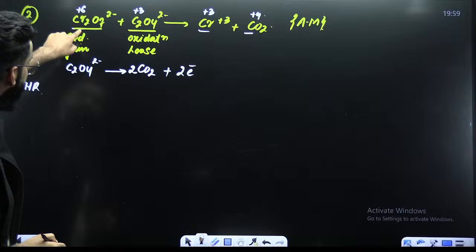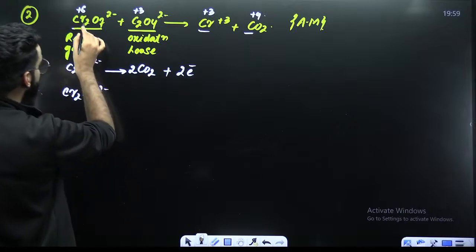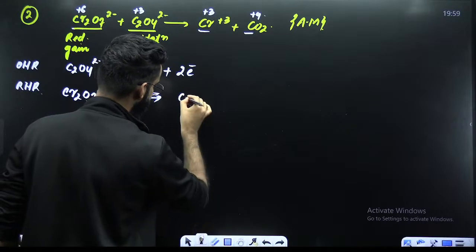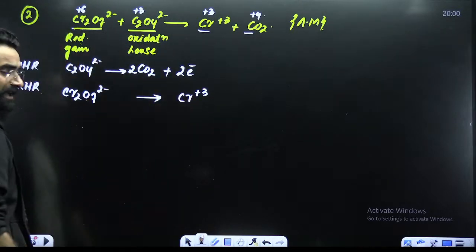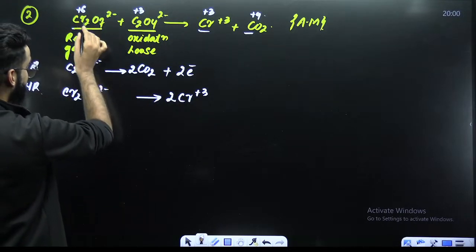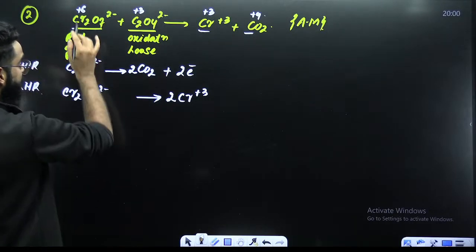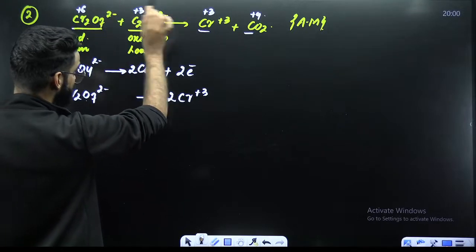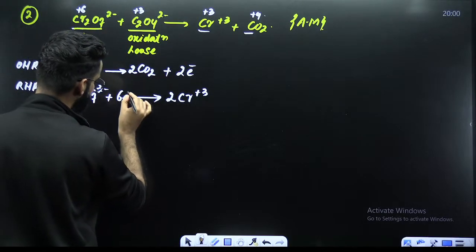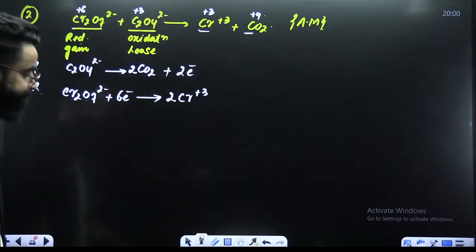Which one is undergoing reduction? Cr2O7 dinegative. Cr2O7 dinegative is undergoing reduction, and finally it will be getting converted into what? It will be getting converted into Cr tripositive. 2 chromium here, so make it 2, right? Now, since this is undergoing reduction, it will be gaining electrons. Now, how many electrons will this Cr2O7 dinegative be gaining? See guys, plus 6 to plus 3. Change is 3. 3 is the change for 1 atom, I have 2. So 3 twos are 6. 6 electrons it will be gaining. So we have written the oxidation reaction as well as the reduction reaction.